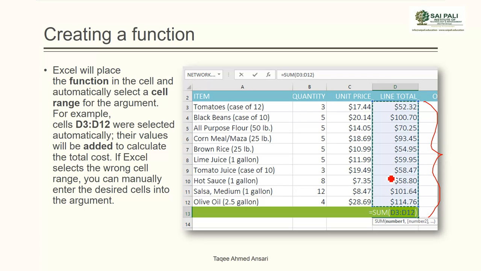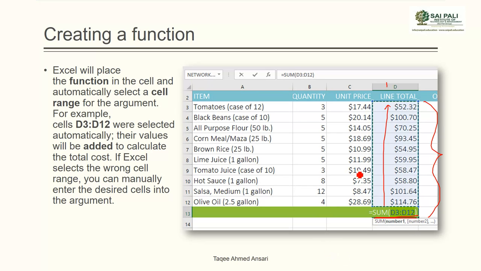How does it select the range automatically? For the cell where we apply the function, AutoSum automatically takes the range from the same column. It takes the values in the same column upward as the range for the function in this cell.